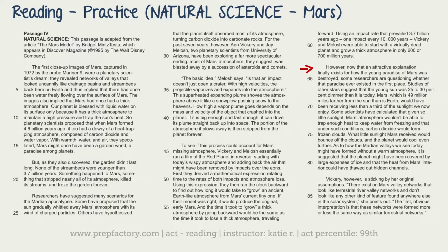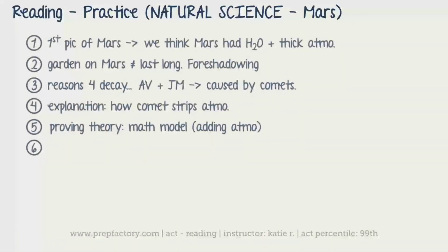As to how the Martian valleys we see today might have formed without a warm atmosphere, it is suggested that the planet might have been covered by large expanses of ice, and that the heat from Mars' interior could have thawed out hidden channels. Okay, so basically we have